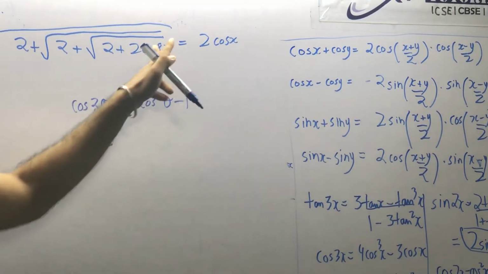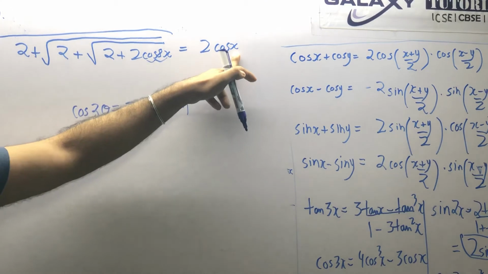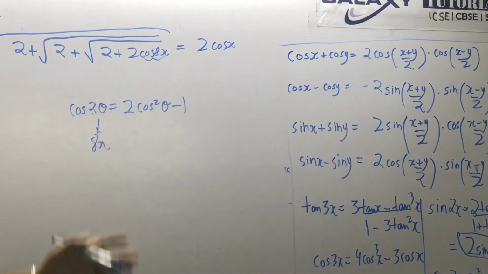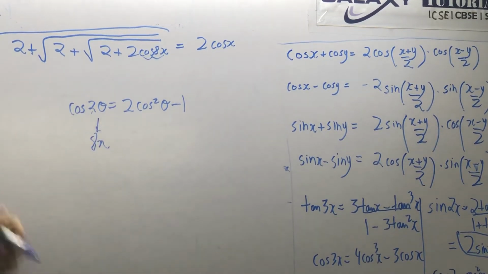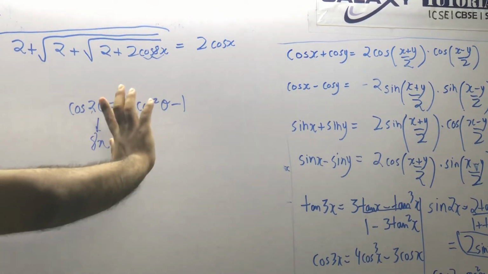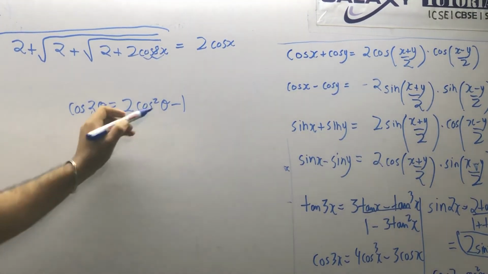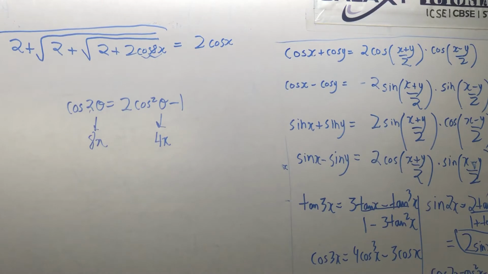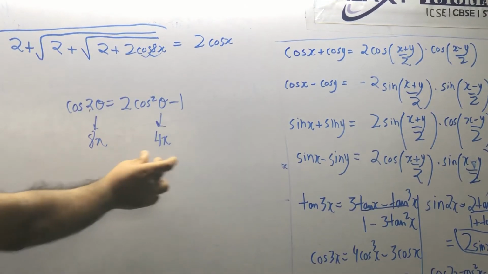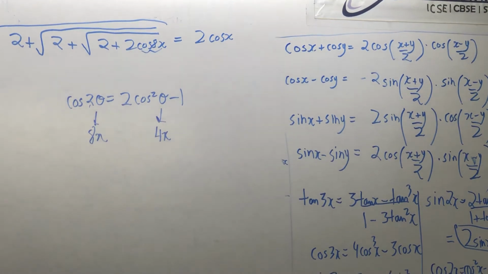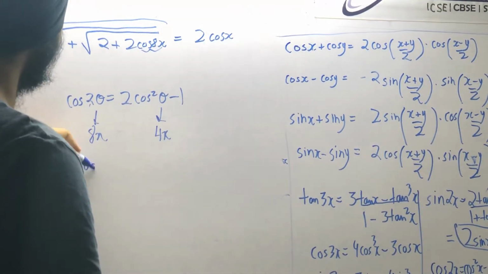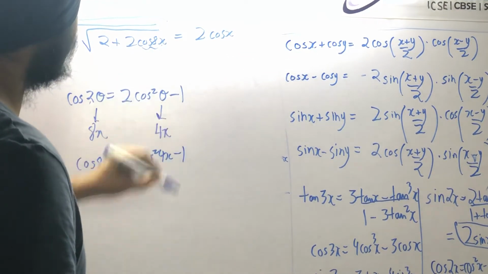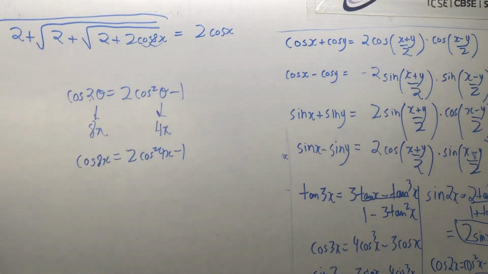And see, the angle here is 8x and the angle here is x. So what does this mean? This means somehow we have to use the double angle formula, so that you can halve the angle every now and then. Here you have cos 2 theta is equal to 2 cos square theta minus 1. So if 2 theta is 8x, what will theta be? Theta will be 4x, half. So we get a formula for cos 8x as 2 cos square 4x minus 1, right? Now just substitute in the values.